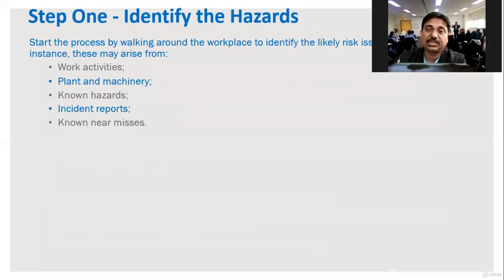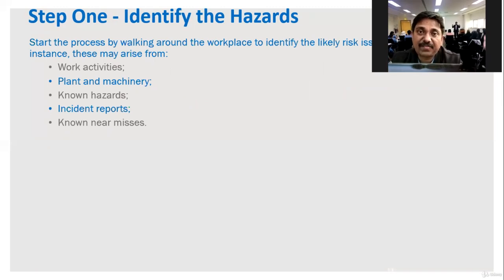So as we discussed, step 1, identify all the risk activities and issues in the workplace. All the work activities, plant and machinery should be looked into to identify these hazards. Known hazards, for example chemicals, your paint, your fire, your petroleum, your diesel, your vehicle,